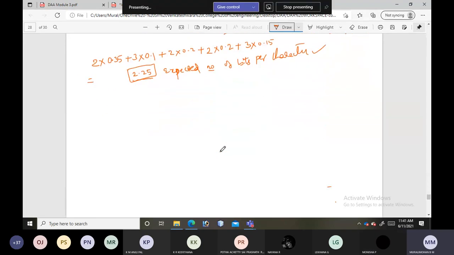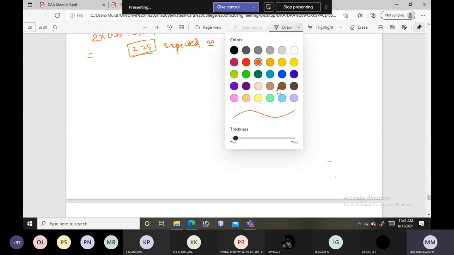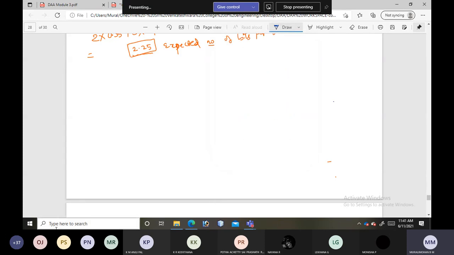Next, I will give you one problem. Try to build a Huffman tree, build the code words, and I'll also give you some text so that you can encode it. The characters we have are A, B, C, D, underscore. The probabilities: for A it is 0.4, for B 0.1, for C 0.2, for D 0.15, and for underscore 0.15.